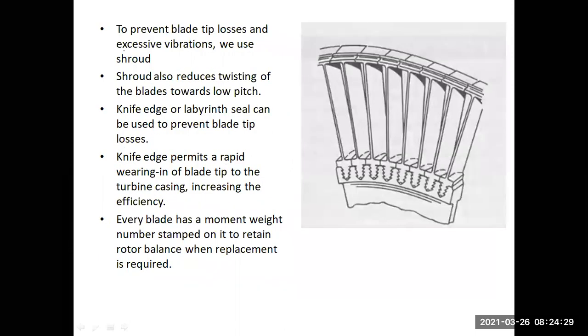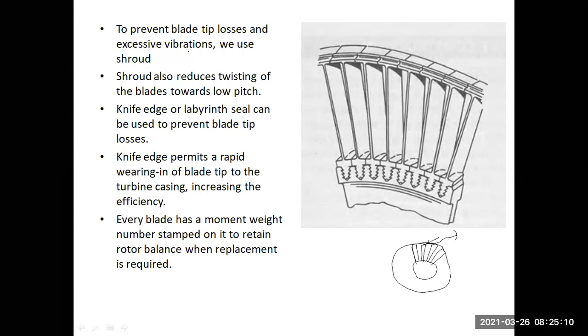Then as I told you, let us say this is the turbine casing. This is the turbine casing, son, this is a turbine disc, and this is the turbine blade. Clear, son, these are the turbine blades. What is the purpose of the air which is going from here? It is to convert the pressure energy available into what? Kinetic energy, correct? But when the air tries to come over here, the disc is rotating. But can you see sometimes a gap is created between the casing and the blade? Correct? So through this gap, the high pressure air can escape without going into the turbine disc. These are called tip losses.